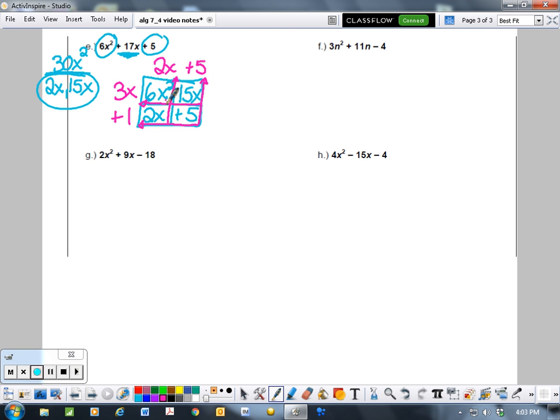So 3x times 2x is 6x squared. 3x times 5 is 15x. 1 times 2x is 2x. 1 times 5 is 5. So our answer is the first side